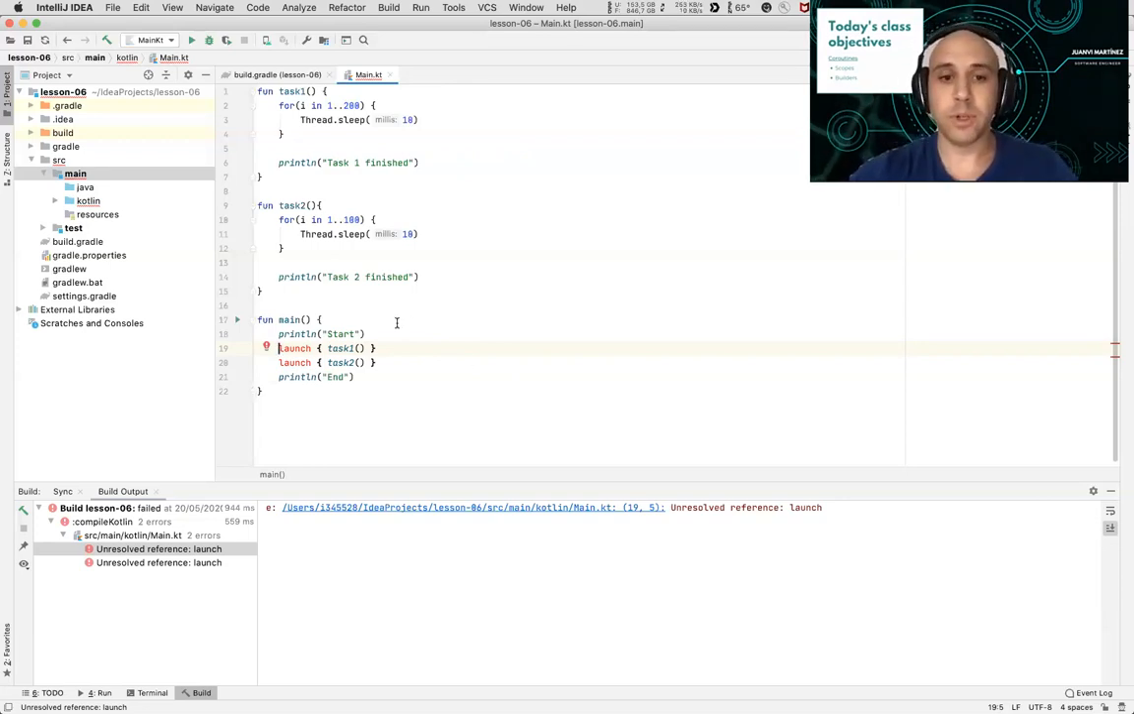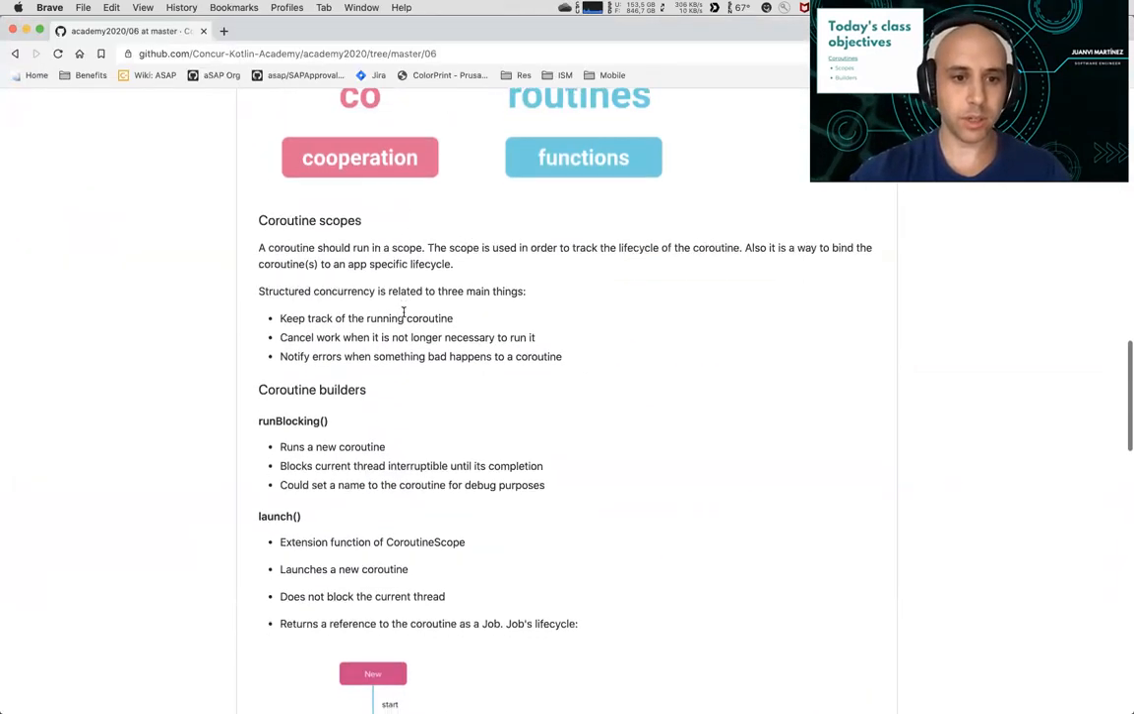Okay, so I'm going to tell you what's going on here. The basic thing is that, as I explained in the beginning, we need a scope to run our coroutines. So we don't have any scope here. So how do we create our coroutine within a scope? So basically, as I was writing here,